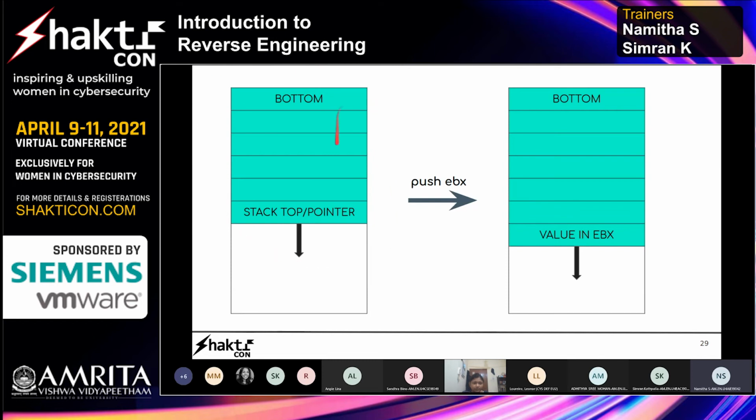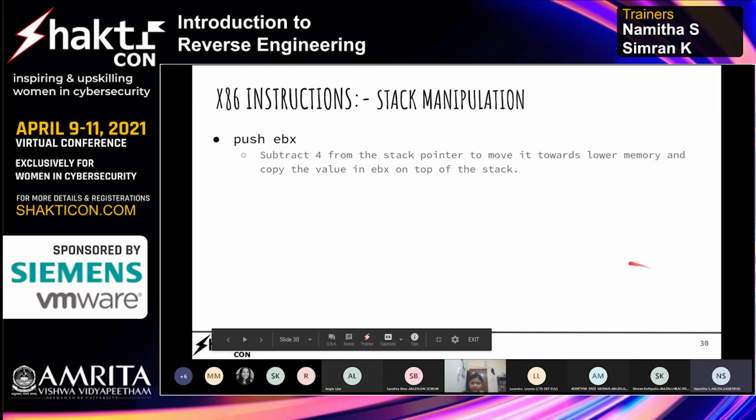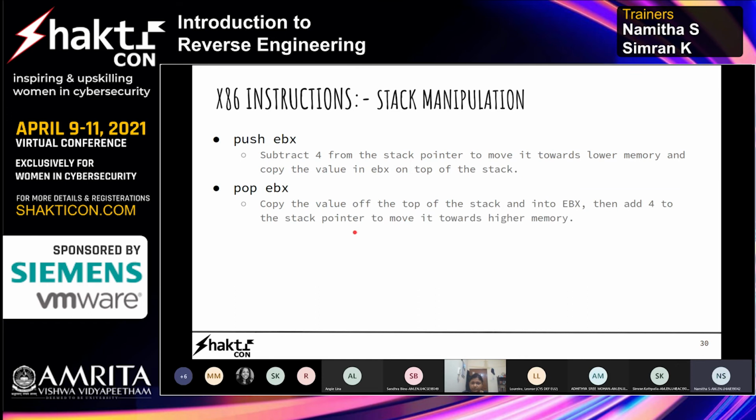Here you can see that a stack has the top of the stack and the bottom of the stack. When I'm pushing a value, whatever is in this value will be pushed onto the top of the stack, and the length of the stack will increase downwards. The next one is pop. The pop operation copies the value at the top of the stack into EBX, and then adds 4 bytes to the stack pointer to move it towards higher memory.